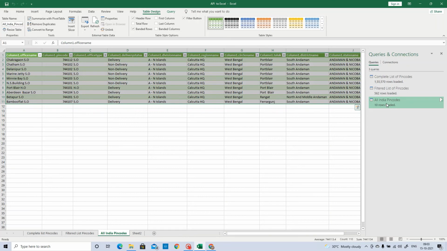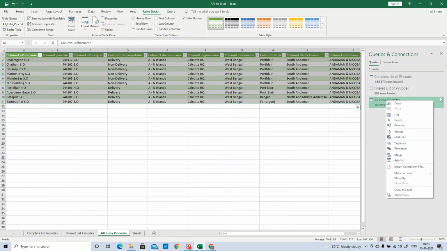Now if you're fine with this data, and if you want to check after some point of time, just open the Excel, and the query connection will be enabled there, and right click refresh, and it will refresh. It will connect to the web API once again and will load the latest data. After some point of time, if you want to edit the web API parameter, how can we do that? That also we can see now.